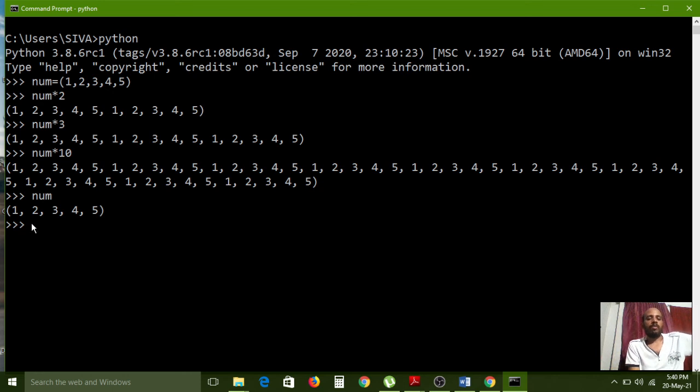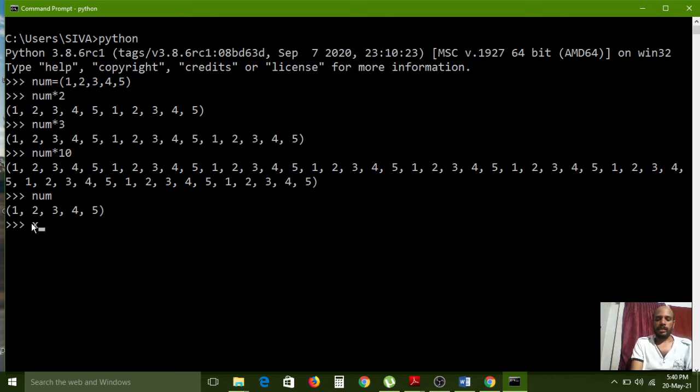Is this element there or not in the numbers tuple? How can we check? Here there are only 5 elements, so we can simply see, but in real time if you have thousands of records, how can you find out? By using this concept only. For searching purposes, we can use the in and not in operators. So here we can check whether the fourth element is there or not in the numbers tuple.